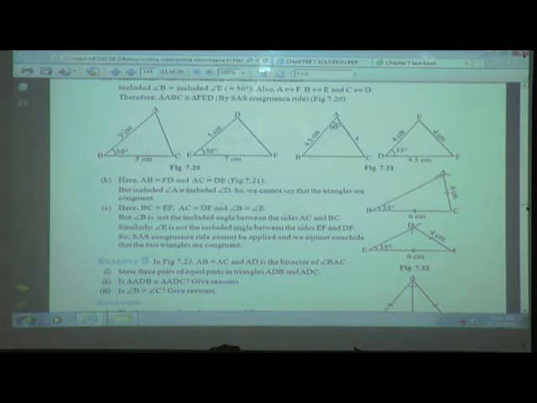Here we can see that the two sides, that is 7 centimeter, here we are having EF as 7 centimeter, BC is 5 centimeter and ED as 5 centimeter. Here the sides of the two triangles have the same measure, with angle B 50 degree, and angle E 50 degree. The angle is between the two sides, that is AB as well as BC are the two sides and angle B is between the two sides. Similarly in this triangle also.